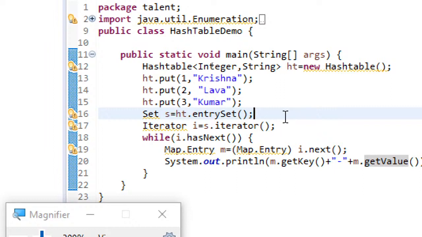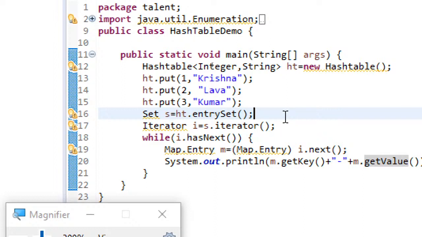I repeat, Map and SortedMap are the interfaces. TreeMap, which is the implementation of SortedMap, will return entries in ascending order based on the keys, whereas HashMap is the implementation of the Map interface which will not maintain any insertion order.